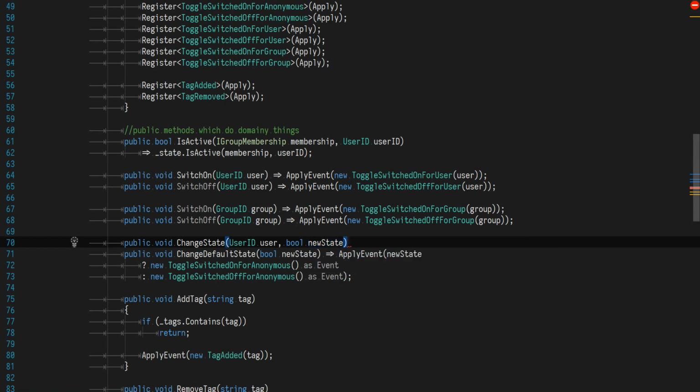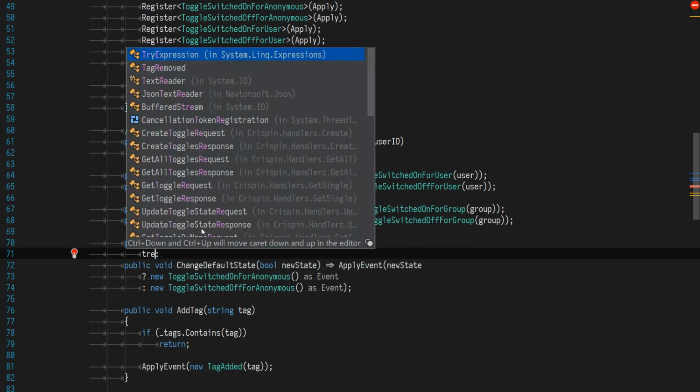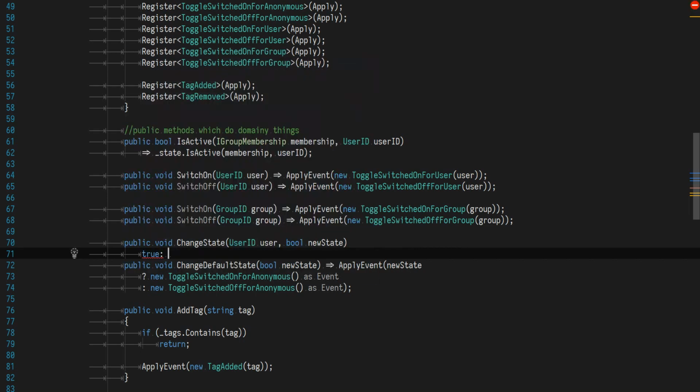This would be ideal for pattern matching if we could just do something like new state, true does this, false does something else. But we're not there yet, so